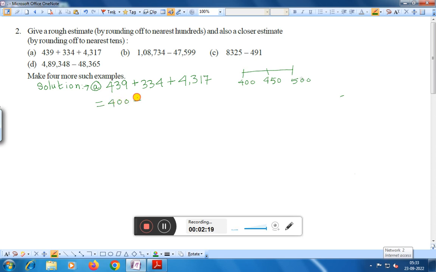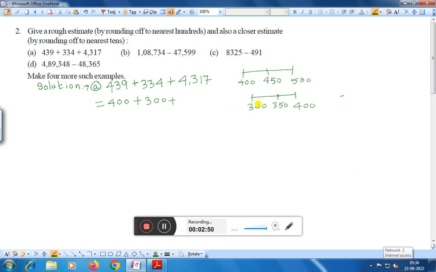plus 334. Here you see, 334 lies between 300 and 400, and the middle point is 350. Therefore, 334 lies close to 300. Therefore, it will be rounded off to 300 plus